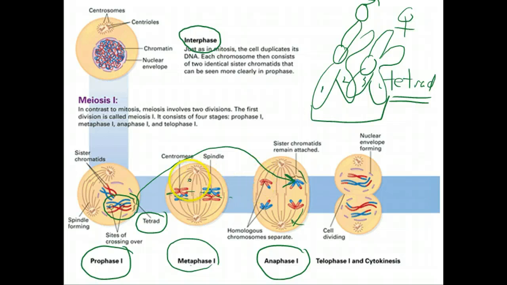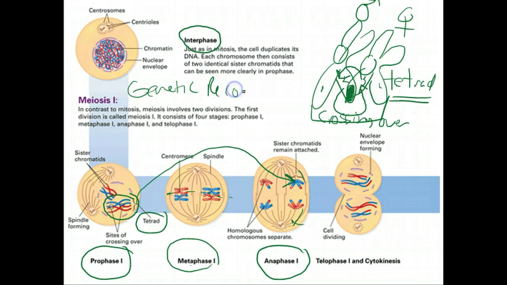The other thing, as I mentioned before, with this tetrad over here, you have a spot of overlap right here. Okay, so this spot of overlap is where crossing over occurs. So literally you'll have some DNA from this sister chromatid cross over to this one, and vice versa. There'll be DNA exchange from here to here. Okay, so that's going to create what's called genetic recombination,